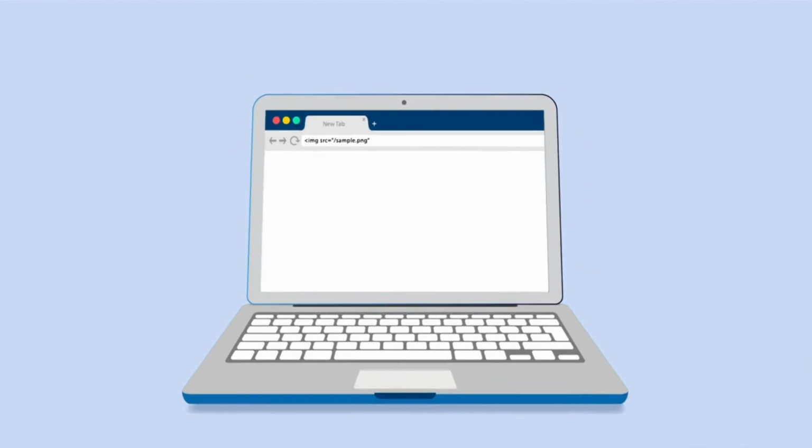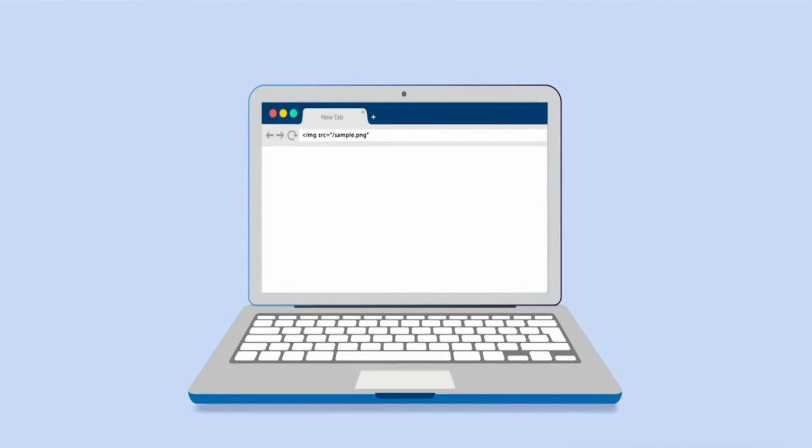Now let's say we are running the code in our local system. So we are using the 127.0.0.1 domain name, right? Now, what the browser does is that while it is rendering the HTML code line by line, when it comes across this src equal to /sample.png, it automatically prepends or adds the domain name, in this case 127.0.0.1, in front of the image source, and hence the image is rendered and displayed.